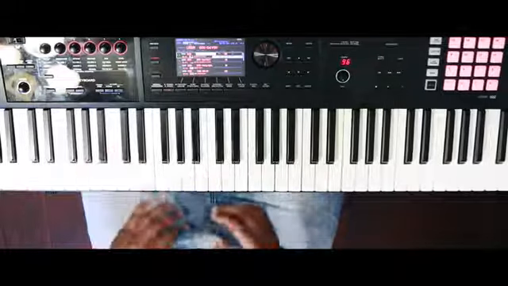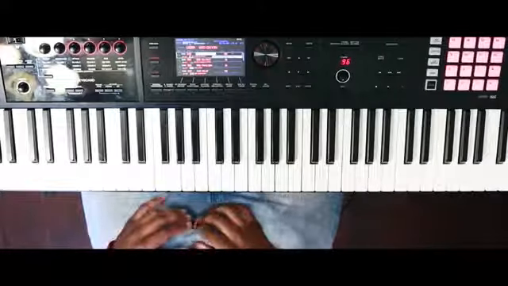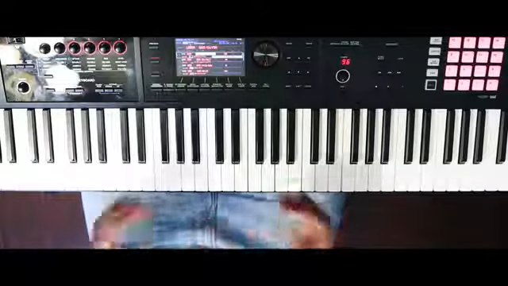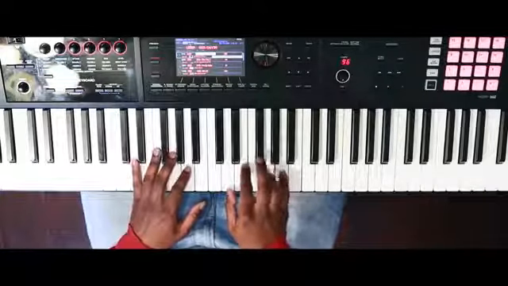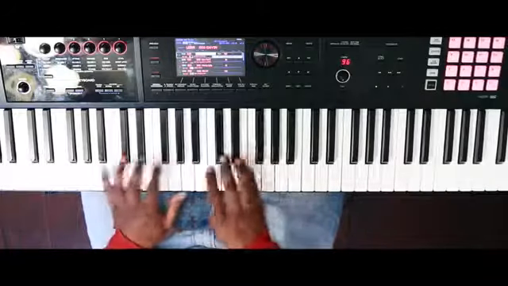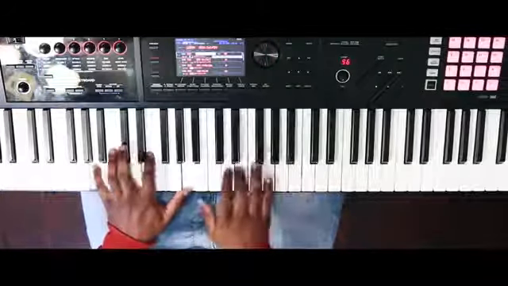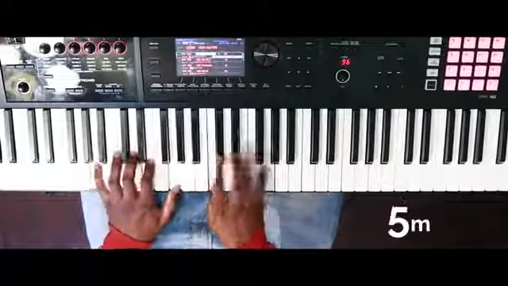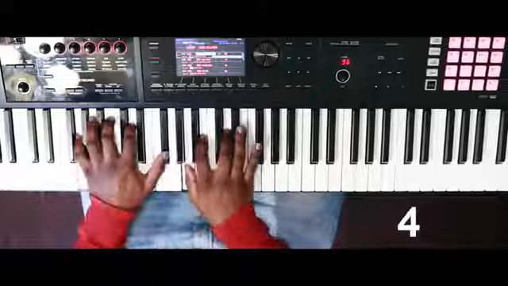We notice that some of those same numbers are in this gospel progression. So the way you can do it is like this. Now we're going to use the 7-3-6 minor 5, 1, 4. All right.